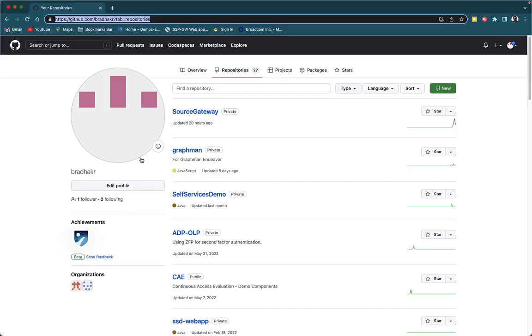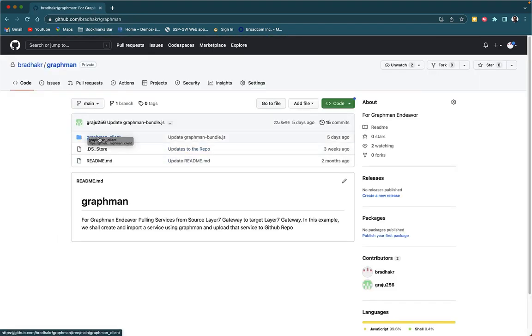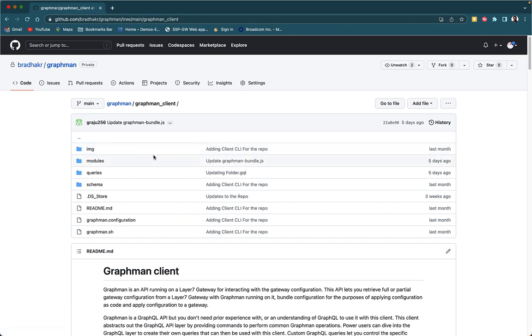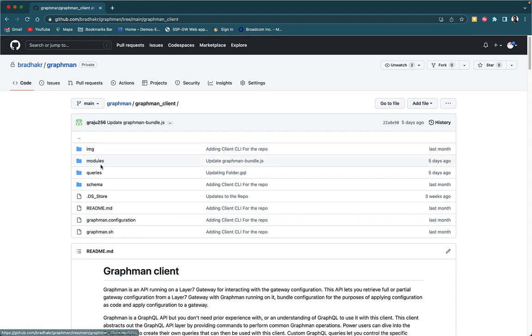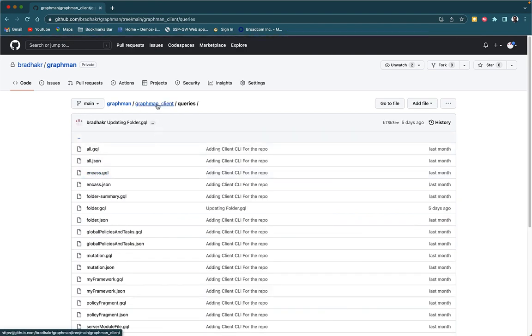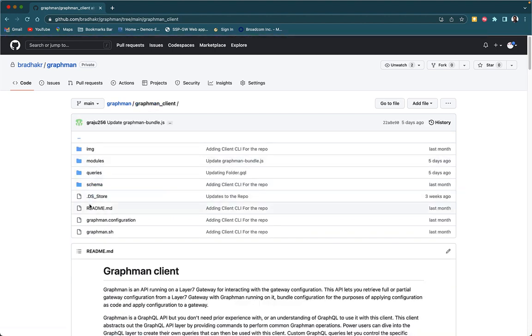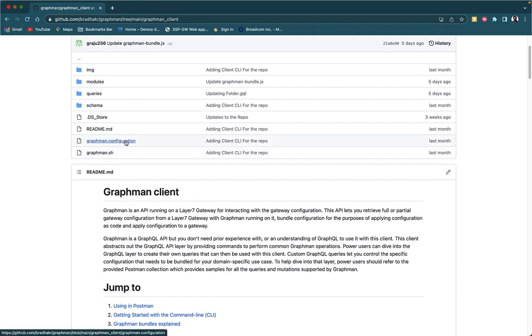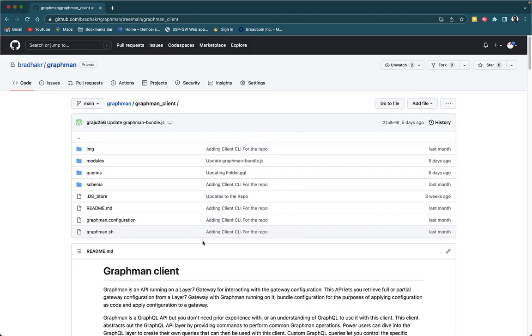I also want to showcase the Graphman repository, which I was mentioning. The Graphman client is what is being pulled as part of the Jenkins pipeline, where we have the modules. We also have the GraphQL queries, the schema, the JavaScript and the shell command that starts, and the configuration that goes with it. So all those details are here as part of this repo. This is used where I pull in the command Graphman client and use it as part of the pipeline